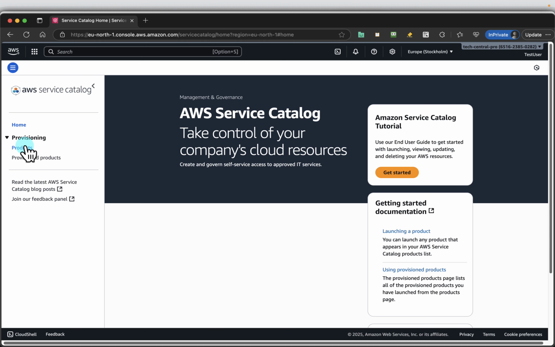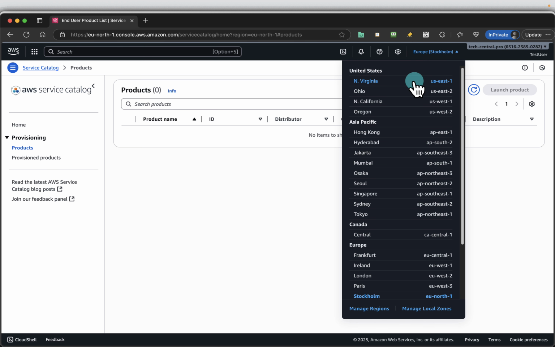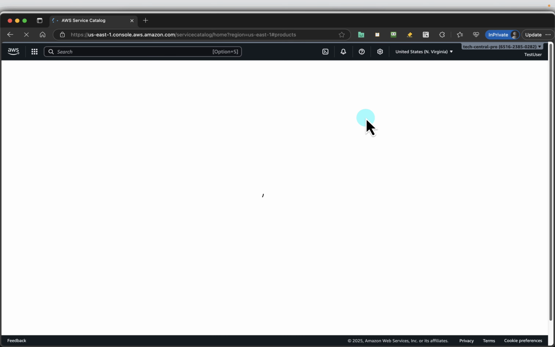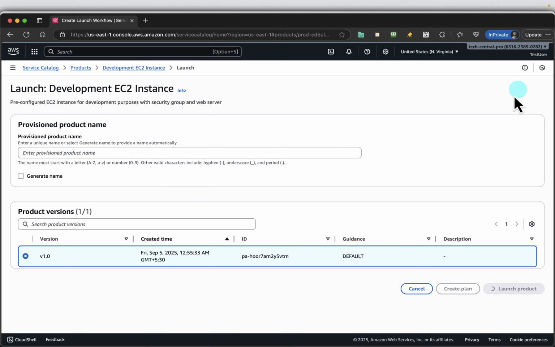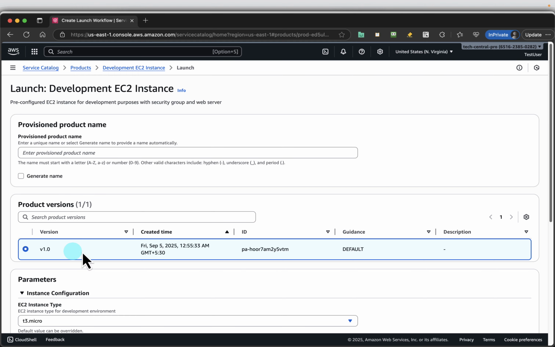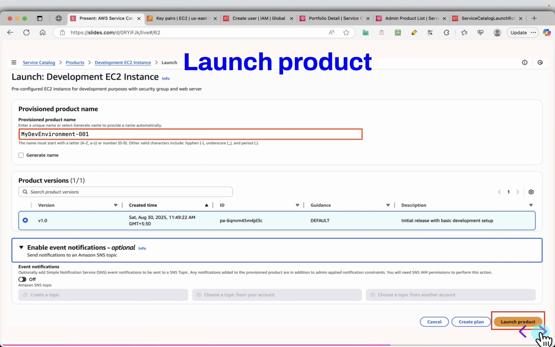And here, click on products. Okay, so I have to change the region. So it was by default going to Europe, Stockholm. So that's why the product was not visible. So select the product, development EC2 instance, launch product, and you will see V10, and select the EC2 instance type,